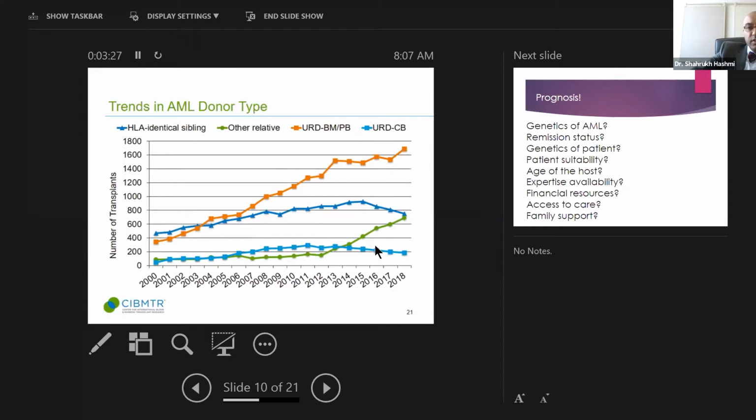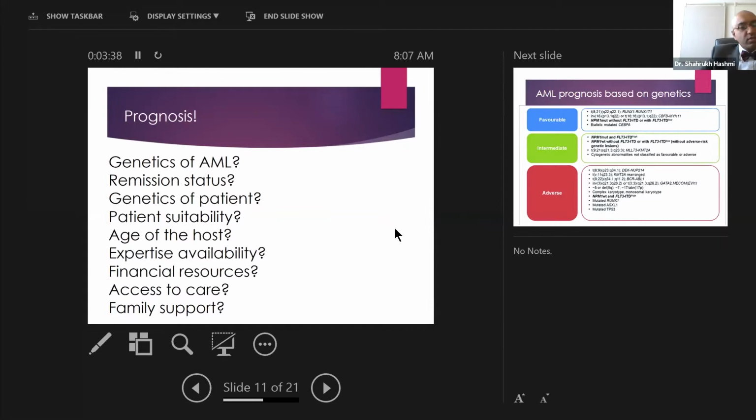And as you can see by donor type, the unrelated activity has increased, and the green bar here is actually the haploidentical transplants. So the topic is very interesting because what constitutes the bulk of AML transplants is a combination of many factors. And if we think that genetics is the most important driver of the transplant activity and should be the driver, then we are at fault, because it's not the genetics only, it's all the other factors that